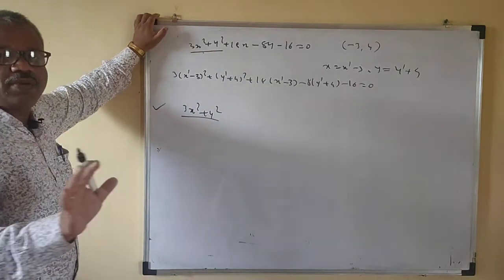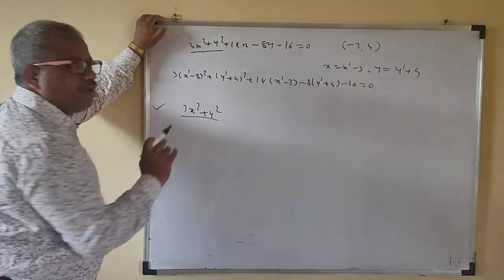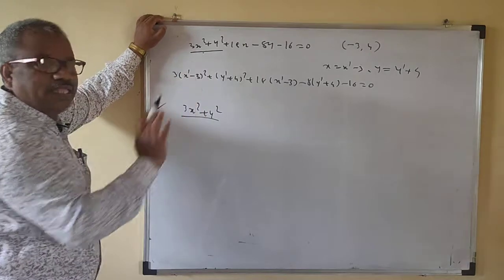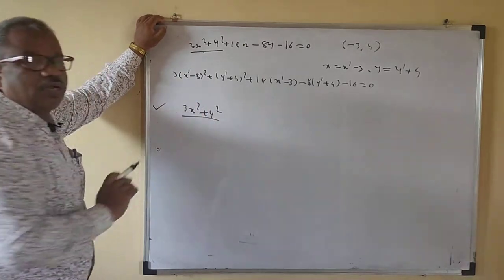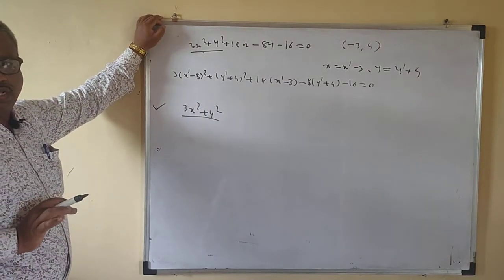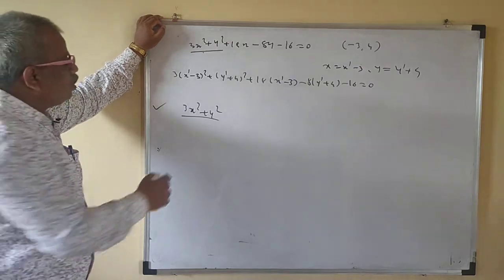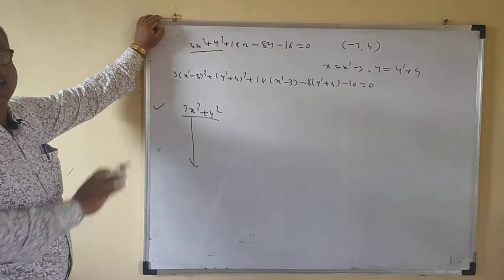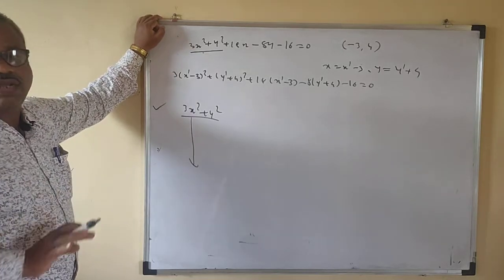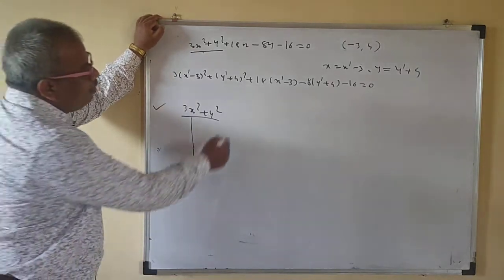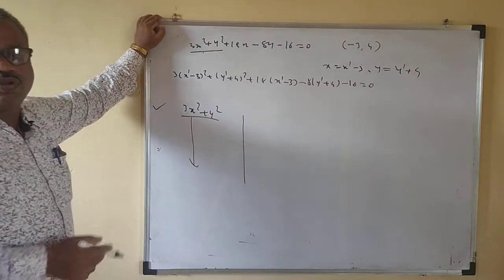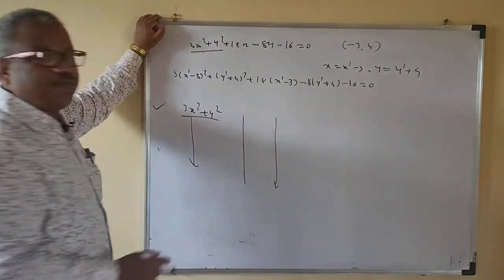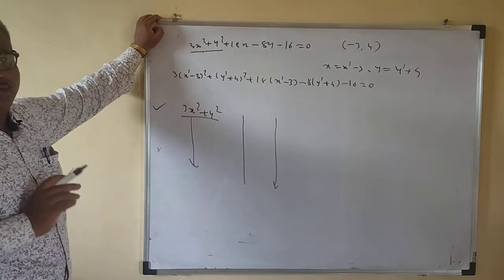If there is only one equation in which the second degree terms have the same coefficients, then don't do anything more. That will be your correct option. Now suppose all the options have the same second degree terms. Just look at the coefficient of x. If everywhere the coefficient of x is the same, don't find it. If the coefficient of y is also the same everywhere, don't find that either.